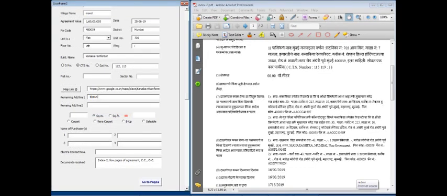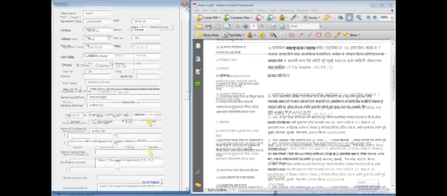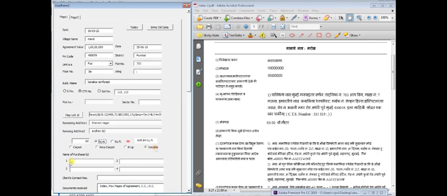Now let us enter the remaining address here in two parts, like this and like this. Now let us move further. Here we will enter the area of the unit. If the area written is in square meter, then select this button, and if it is in square feet, then select this option. If the area inserted is carpet area, then press this button. If it is RERA carpet, then press this button. If it is built up, then press this button. And if the area written in Index 2 is super built up sellable area, then press this button.